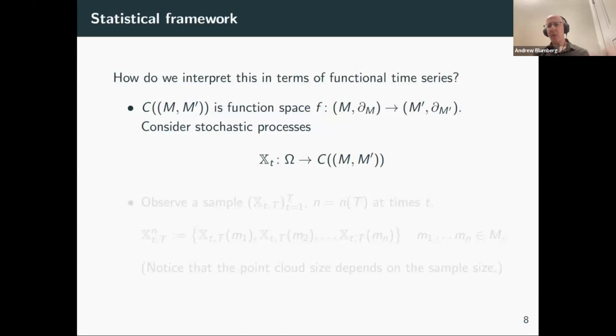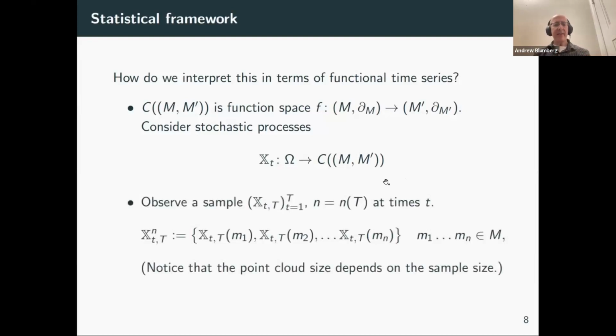So what does that mean in terms of point clouds? How are you supposed to think about what we're doing in this language? Well, the idea is that an observed sample we think of as the image, the evaluation of a function at a bunch of fixed points, M1 to Mn. So the point cloud that we see is the values of the function evaluated on some unknown parameters. And there are lots of ways you could think about what these unknown parameters might be. Maybe they parameterize coordinates on the manifold you're looking at.